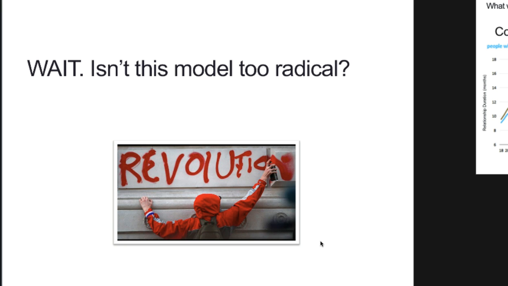The last thing I would say is a counter argument that I sometimes get. I never get it from undergrads, I only get it from grad students. Isn't this model too crazy? So I've never seen people do this model. Wouldn't it be weird if I did it? I have a lot of things to say to that, but I'll only say a couple things. One of the things I want to say to that is that I do not believe it is the ethos of CMU to continue replicating the status quo when we know it doesn't work, and just keep saying, well, everyone else is doing it, so I'm going to do it too. So I don't agree with that. Number two,